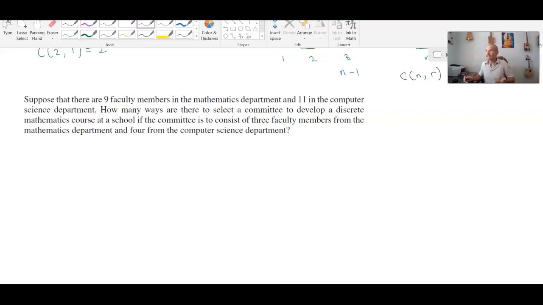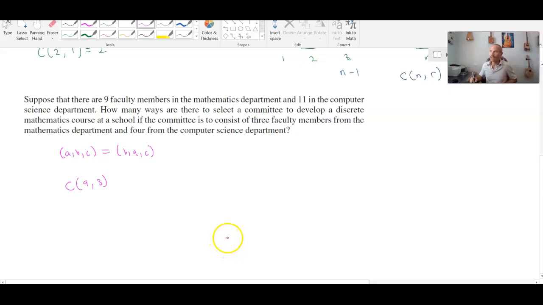In this case, it doesn't, because we're simply forming a committee. So no role is different than any other role. A, B, C and B, A, C are really going to be treated as the same thing in this context, because it's the same 3 people acting on that committee. So immediately that tells me that there are, in this case, 9 choose 3 of them to form the committee